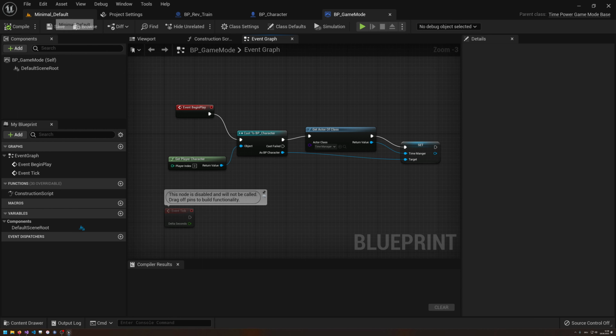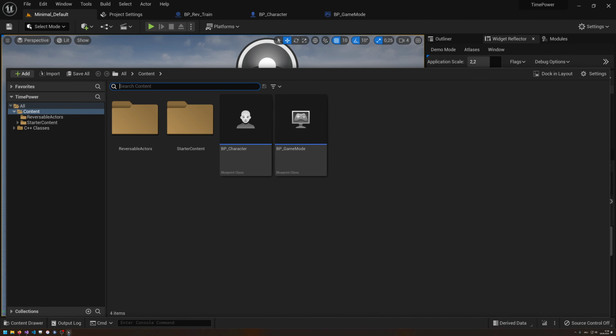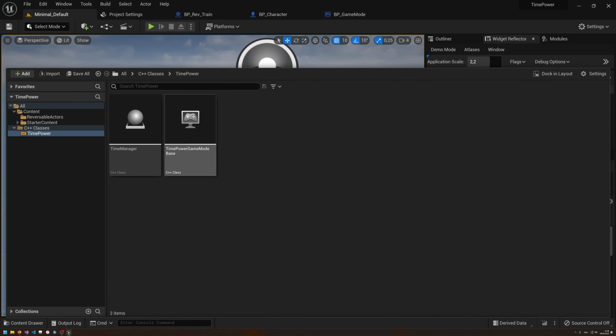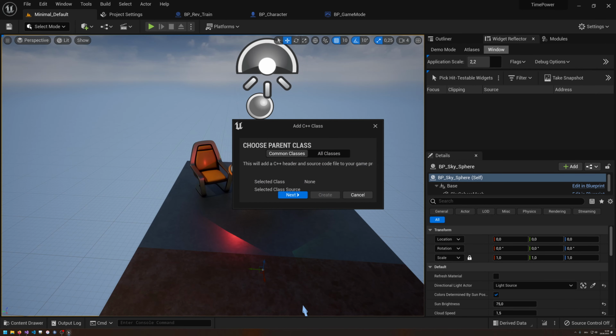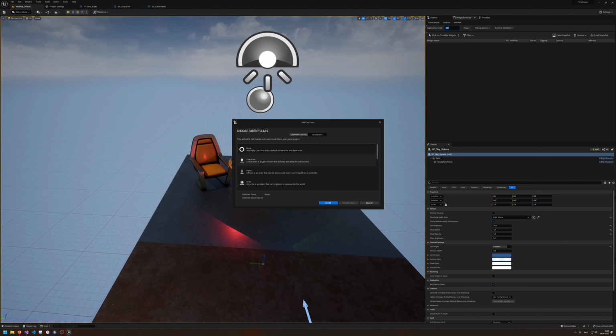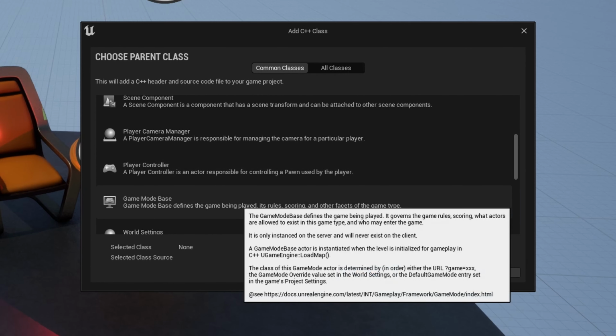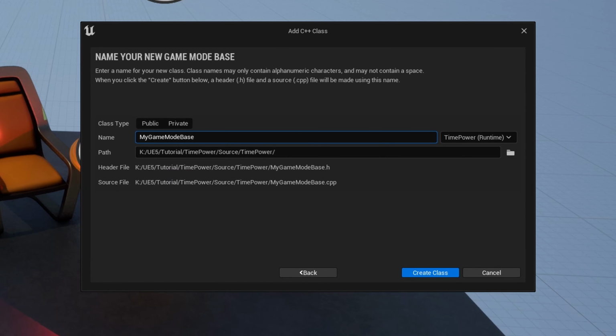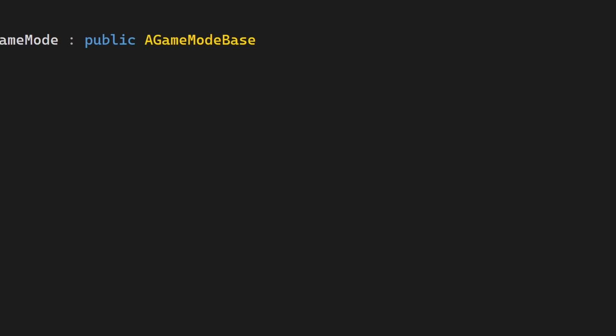And to do this, we're gonna create ourselves a new game mode. We already have one in here, the time power game mode base. I did not wanna use that one. We're gonna create a new C++ class for that, and I wanna do a game mode base here, and the name is gonna be the time reversal game mode. Or how did they actually call the other one? I do want to call this time reversal game mode. Okay, so let's create this game mode class,